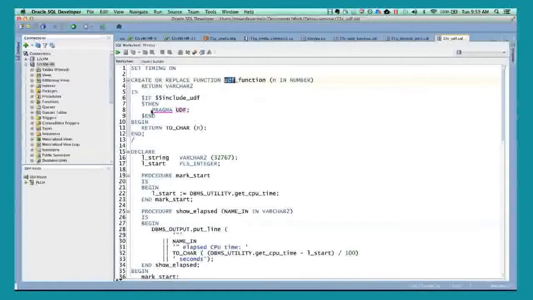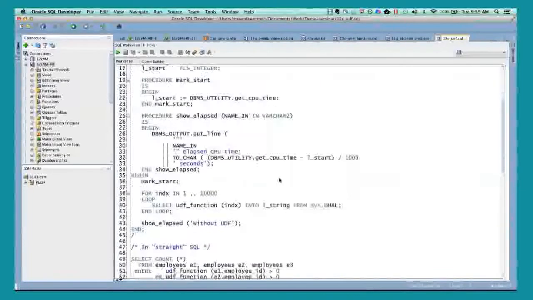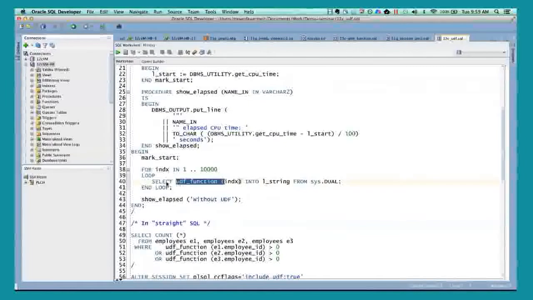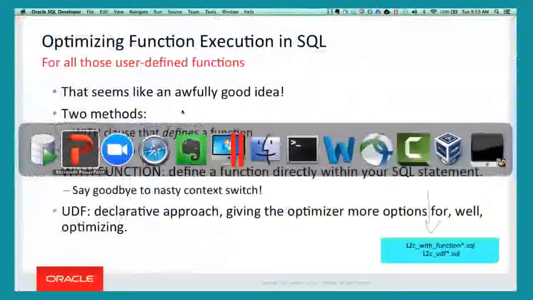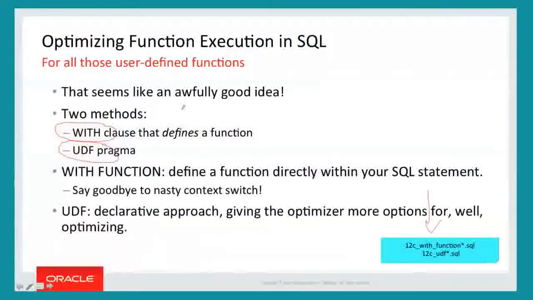Basically, what happens when you include the pragma is that the PLSQL compiler does at compile time more of what it would do at runtime. When I call my function inside a select statement, the PLSQL engine and then the SQL engine have to prepare the data, for some conversion between types and things like that. But if I declare it as a UDF pragma, then it does some of that work upfront at compile time, and at runtime, the cost of doing the context switch is reduced. So when you're building functions that you know almost always will be executed in SQL, add the pragma, and you get some quick and easy performance boosts.